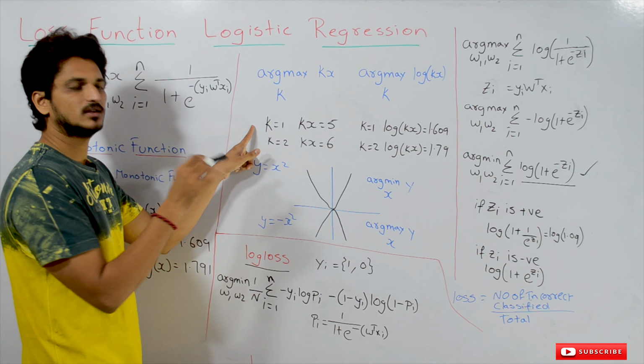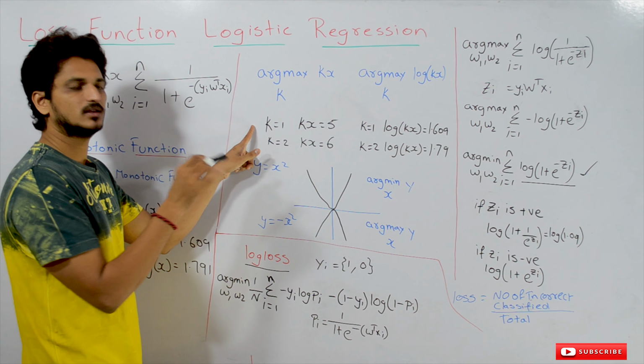Y is equal to x square. This can be written as an optimization problem like this: at what value of x are we having minimum y? So how to solve this? Using gradient descent. And one more point we have to understand here is that for y is equal to x square, the minimum point we got is x is equal to 0.